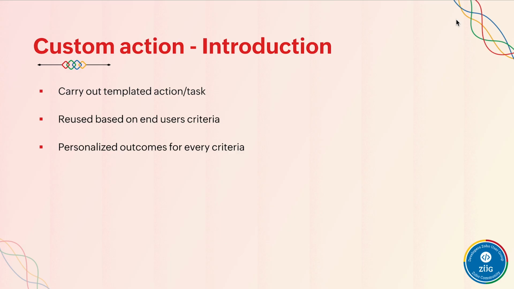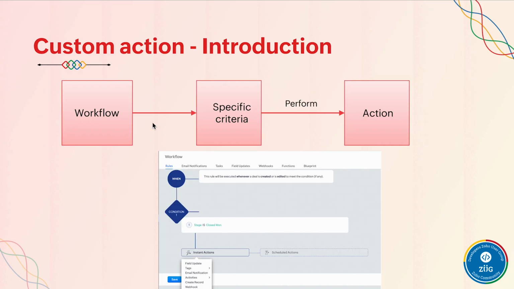In general, while you're building a CRM extension, you have a component called workflow. So you can define a workflow if you want to perform an action on occurrence of a specific criteria. Here in the extension developer platform for CRM, I've included a sample screenshot of how the workflow component would look. Here we've defined a workflow rule where we've specified a condition or criteria. On occurrence of this particular condition, an instant action can be associated with it. There are a set of default actions that are provided. Any one of these actions can be associated so that on occurrence of this condition, this action is going to be performed.